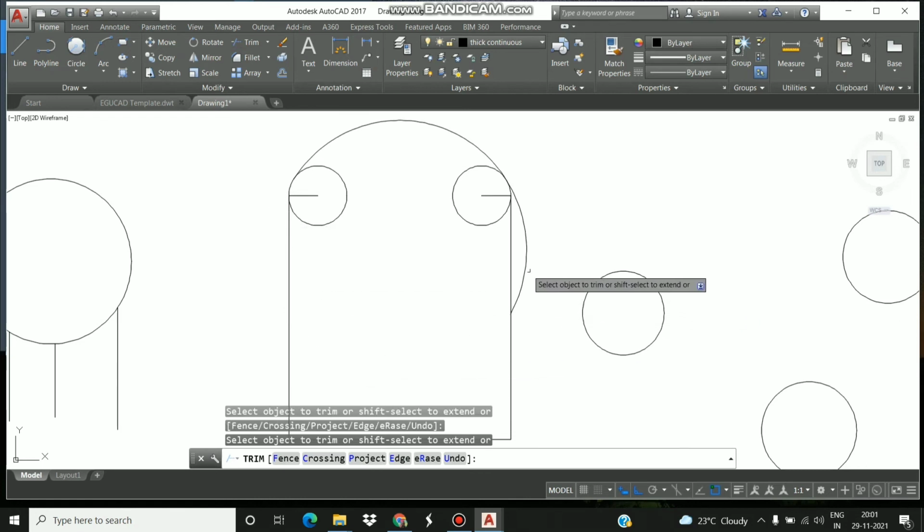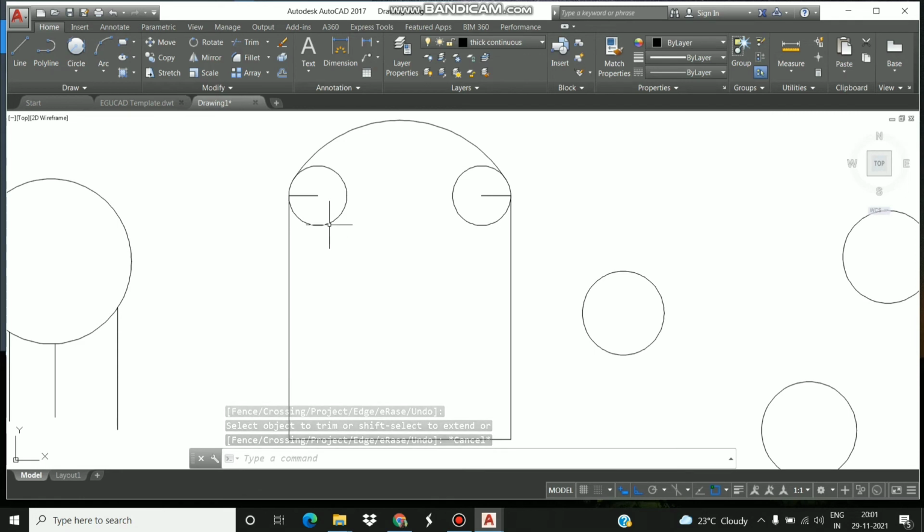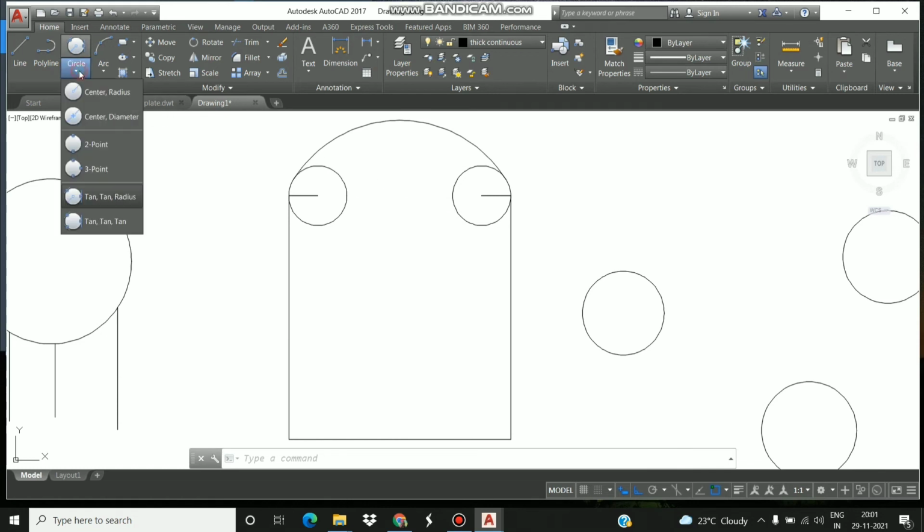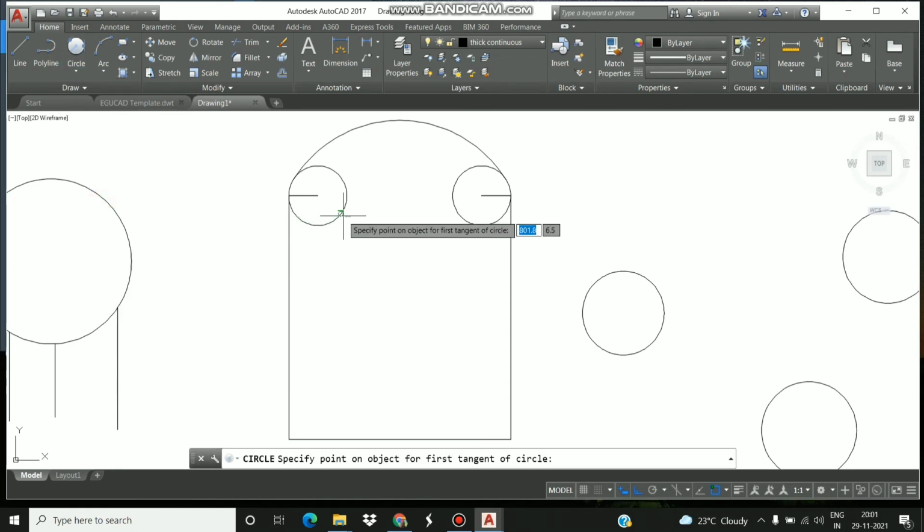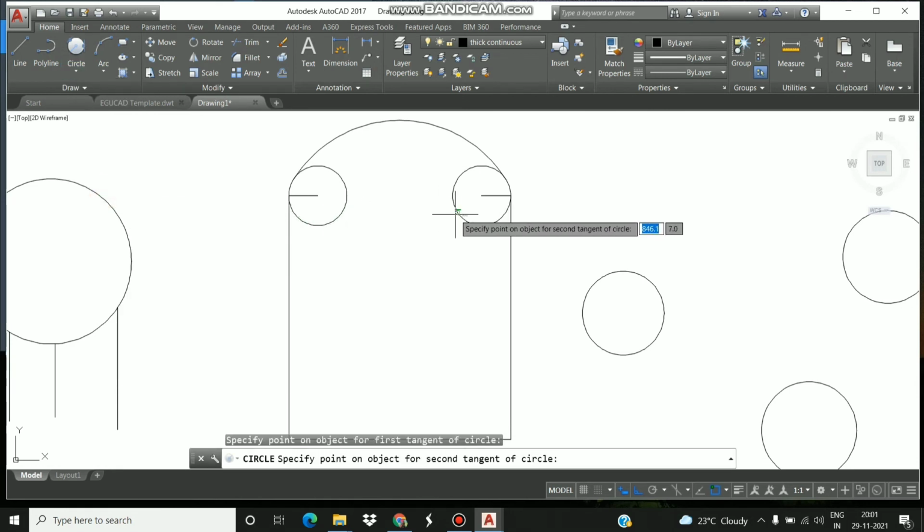That's how you can draw the circle using the tan radius. Again, if you want to draw a circle of radius 50, which is touching here on the circle inner side and touching here on the inner side. Again, 2 tangents, one tangent here at the inner side, second tangent here at the inner side, and the radius is known, 50. Right. So again select this 5th method, tan radius. Click on tan radius. One click here on the inner side, second click here on the inner side, 50, enter.